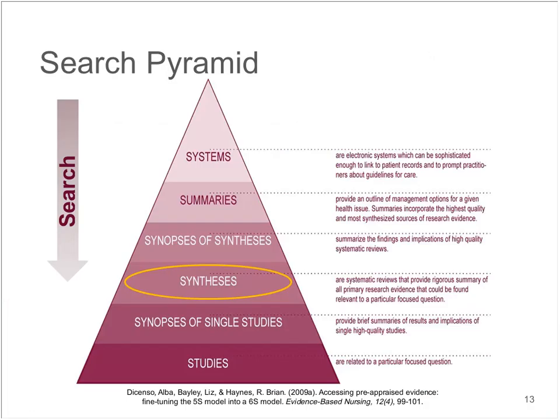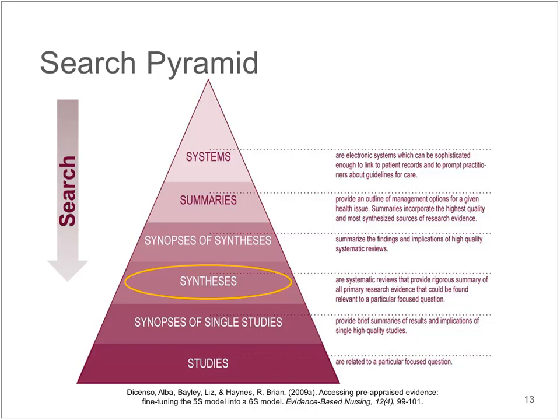So just in terms of where syntheses or systematic reviews or meta-analyses are located on this 6S pyramid. Some of you who have followed us in the past would be familiar with the 6S pyramid of evidence. What this pyramid is all about is suggesting that as we go up the pyramid, the extent to which evidence is synthesized becomes greater. So at the very top of the pyramid, we have our most synthesized levels of evidence.